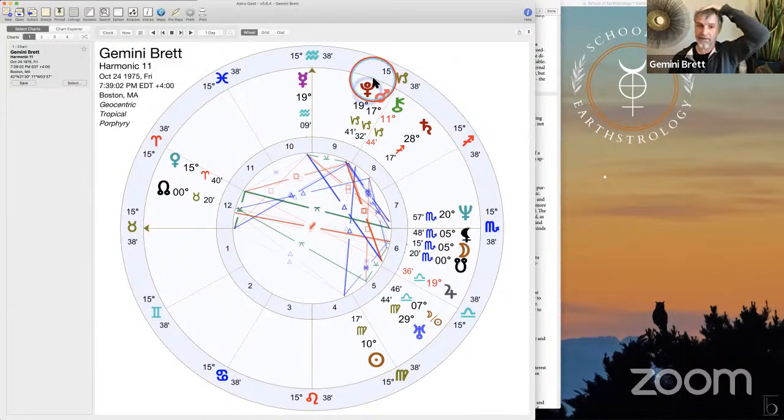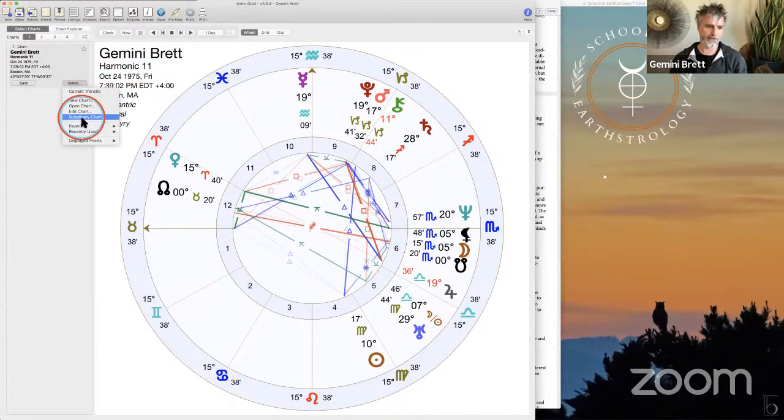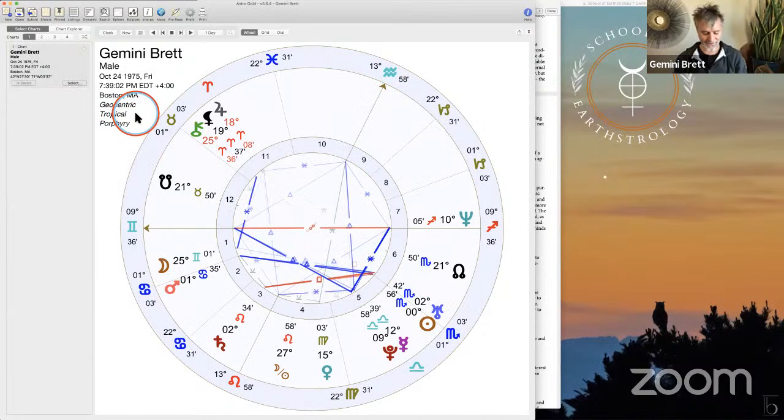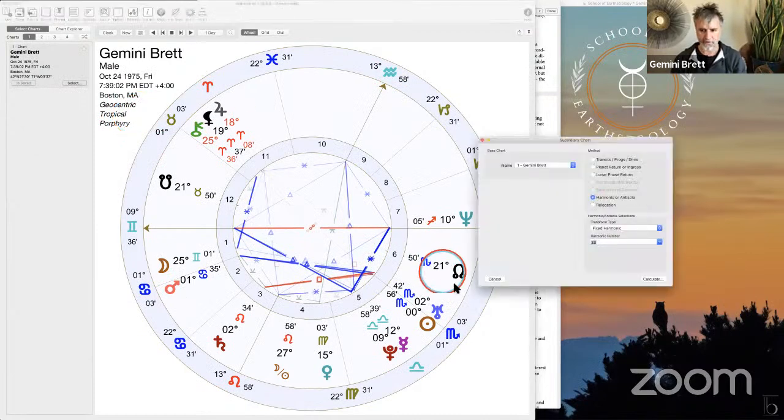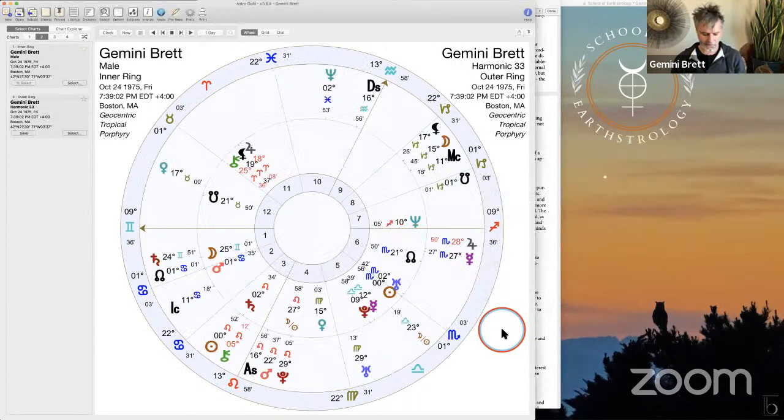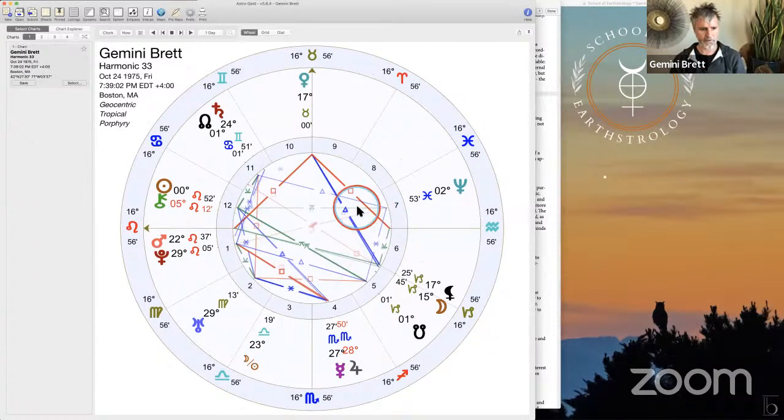Look at this 11th harmonic chart. Do you see how strong of a trine we have between Mercury and Jupiter? Well, the trine is 3. If I multiply 11 by 3, I get 33. Remember how that's what brought us here? Okay, so if I cast a 33rd harmonic of my birth moment, that's when we are going to find the